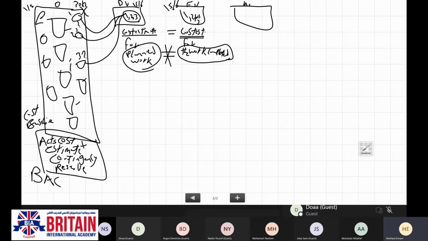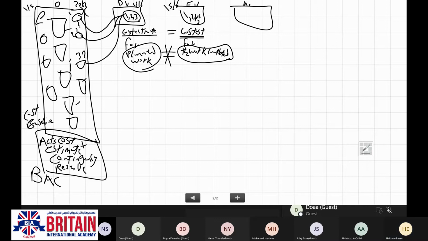So in case I have completed the 1, 2, and 3, then the earned value will be equivalent to the planned value. In case I have completed 1, 2, and 3, and even 1% of any other activity, then the earned value will be higher than the planned value.